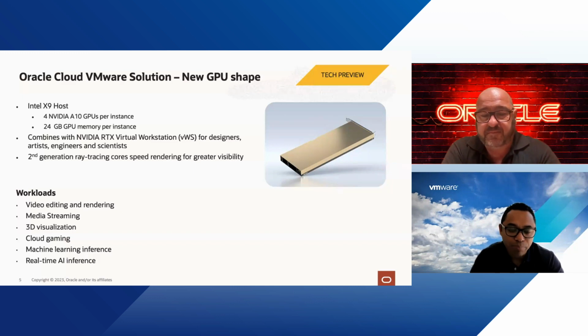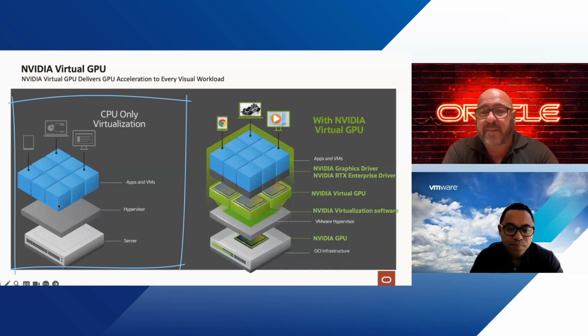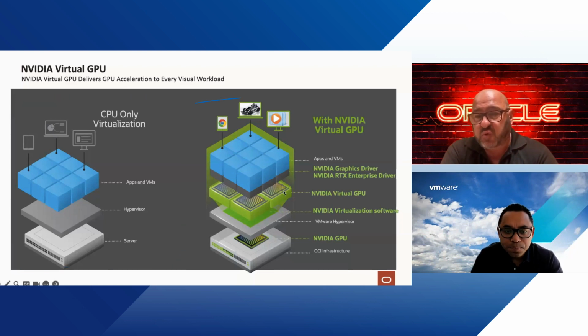Correct. Yeah. Okay. Now, as you can see here, this slide just gives you an idea of how the NVIDIA virtual GPU configuration stands. On the left-hand side is CPU-only virtualization, a typical deployment of OCVS with no GPU. So we're relying on the server, the hypervisor, and the apps and VMs sitting on top of that hypervisor. With adding the GPU, we have this virtual GPU layer that coincides inside with the actual VMware